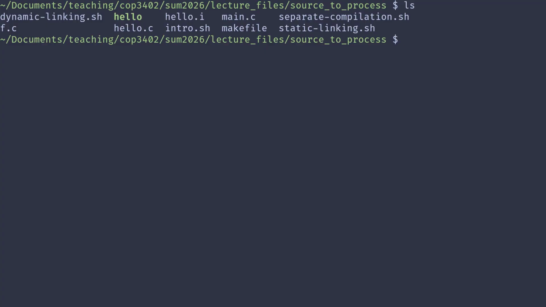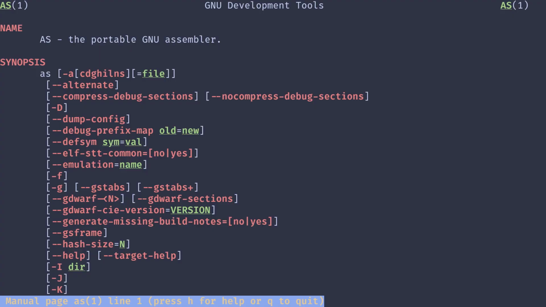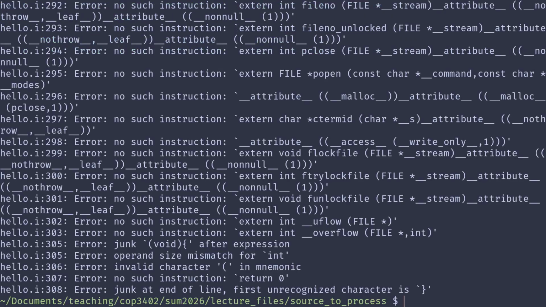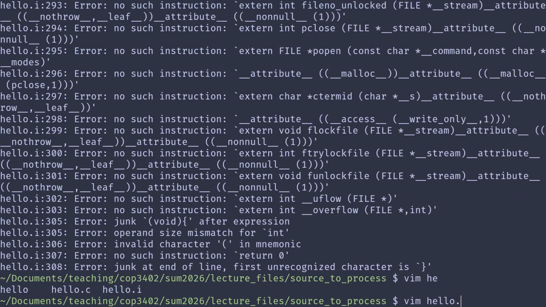So the way to actually assemble your code, you can use the, I think it's AS? Yeah, the assembler is the GNU assembler. So the way we can do this is to say AS -o hello.s and then hello.i. What this will do is take in the hello.i file that we saw before and assemble it, convert it to assembly code. And you can see right here, well, let me actually fix that hello